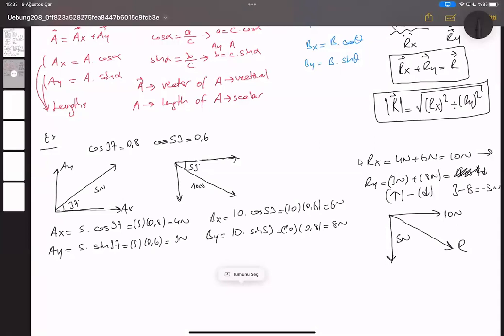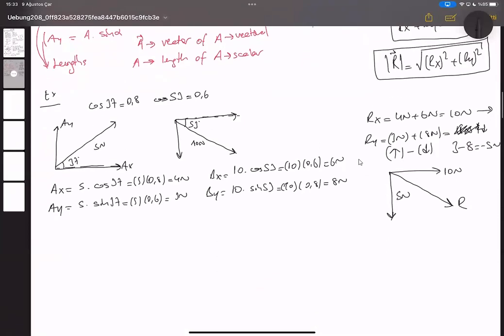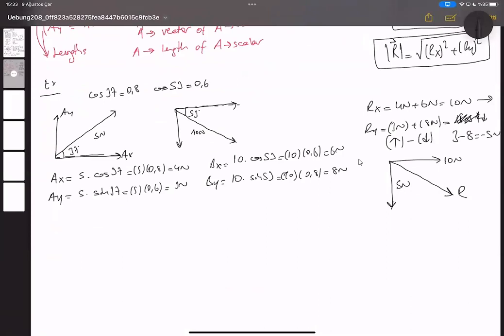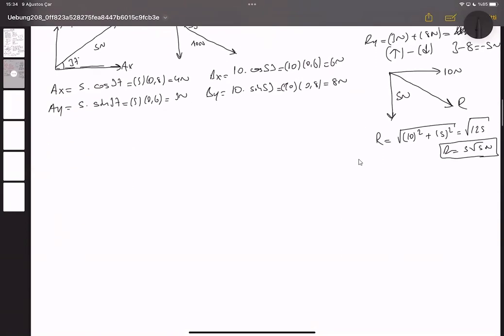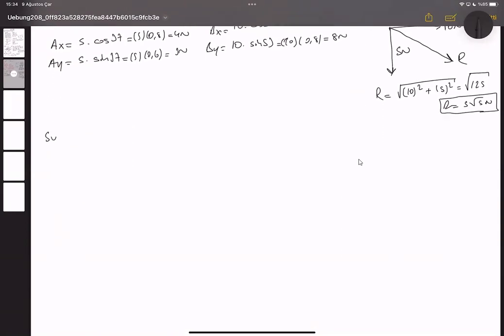In the previous lesson, we calculated the sum vector, the r vector. So the r vector is made of the x component squared and the y component squared. It is nearly 125, so we can say it is 5√5 in newtons. Now, about subtracting,